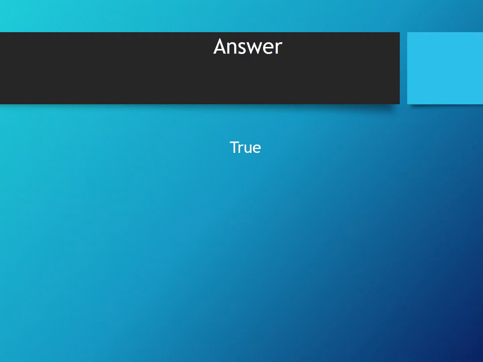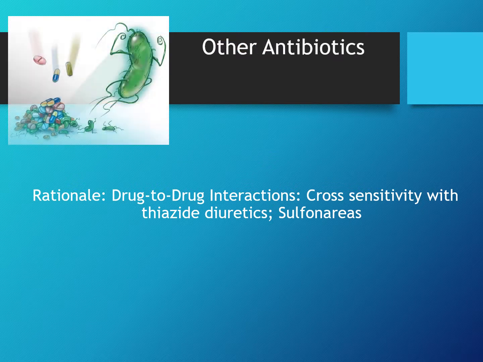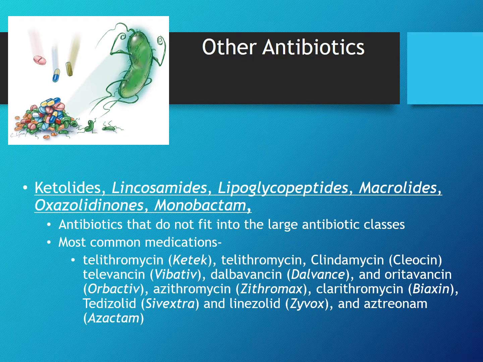And that would be true. There is a cross sensitivity with thiazide diuretics and sulfonylureas. So we're going to look just a few more slides at some of the other antibiotics that are mentioned in this chapter. So you have your ketolids,